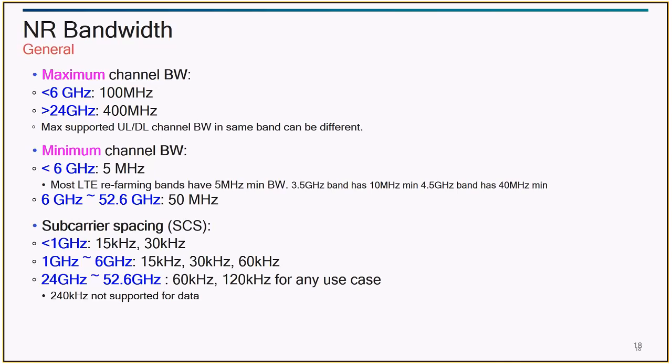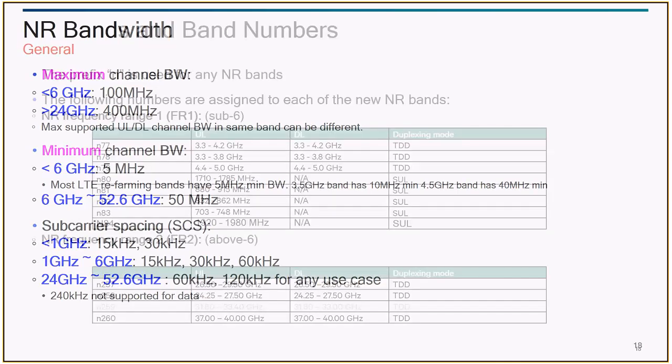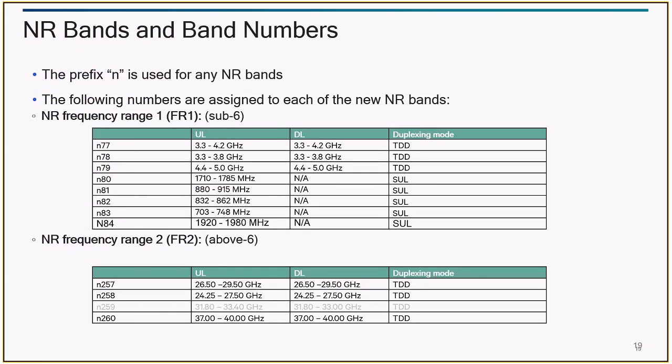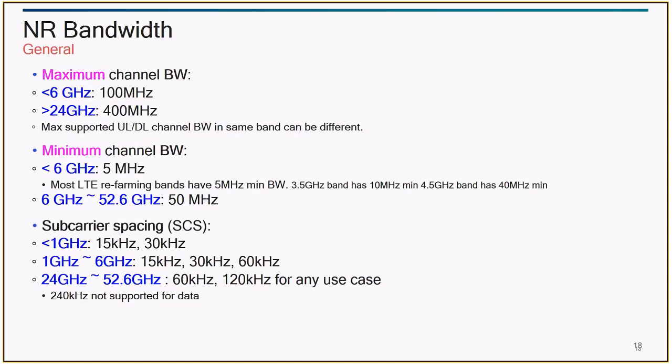So is there a reason why minimum channel bandwidth is 5 megahertz? I think the only reason it was identified was that this is the least amount of bandwidth that is deployed in LTE, and this is going to be an LTE refarming band. Like in India, most of the operators have only 5 megahertz of bandwidth. No, but in LTE we have 1.4 megahertz because we need 6 PRBs for decoding the signaling. I know going lower than 5 might not give any additional benefit compared to 4G, right?